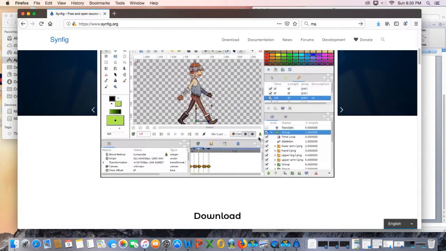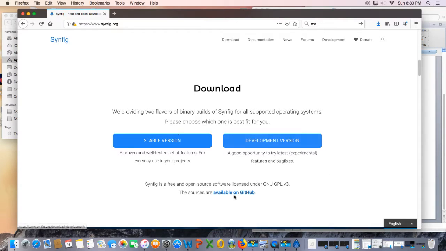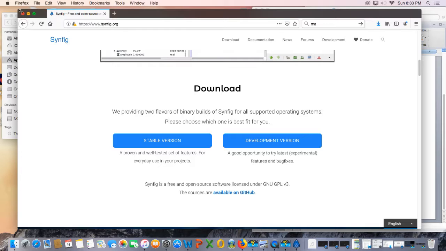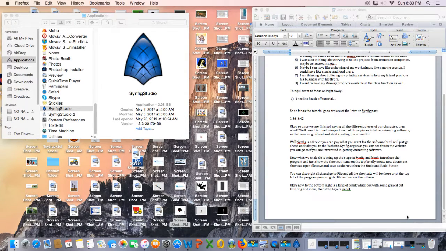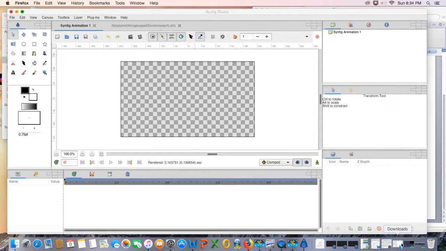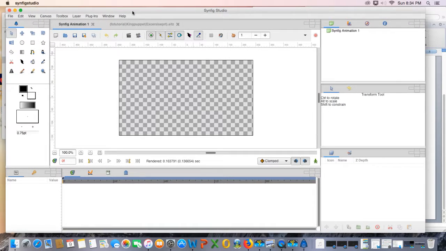And yeah, so I downloaded this Synfig, and I have it here on my computer. So I'll just bring it up right now. So this is Synfig Studios here. As you can see, this is the stage over here, and on top here are some shortcut icons. This is like if you want to create a new document. As you can see, open an existing document,